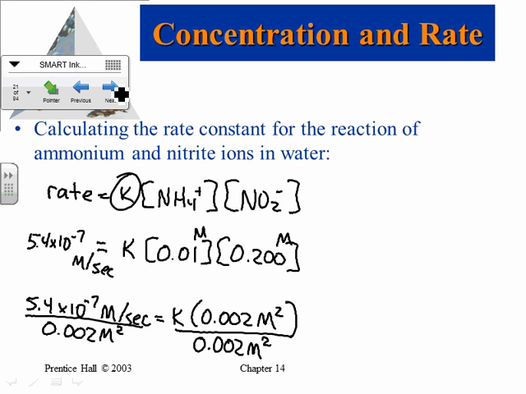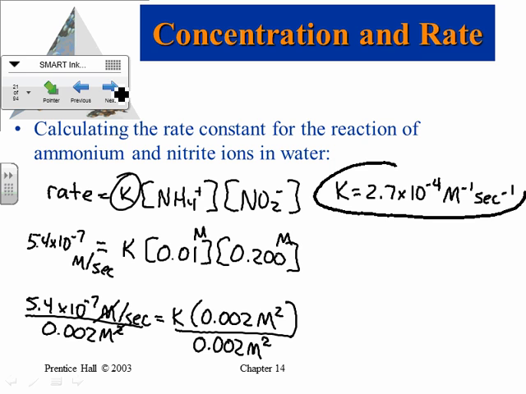So then we just have to think about our units here. You take the 5.4 times 10 to the negative 7th divided by 0.002, which should give you 2.7. Our K here is 2.7 times 10 to the negative 4th. And our units, we have to be a little bit careful here. Molarity cancels out with one of these, so we're left with 1 over molar, 1 over second. So probably the best way to write that would be molarity to the -1, seconds to the -1,